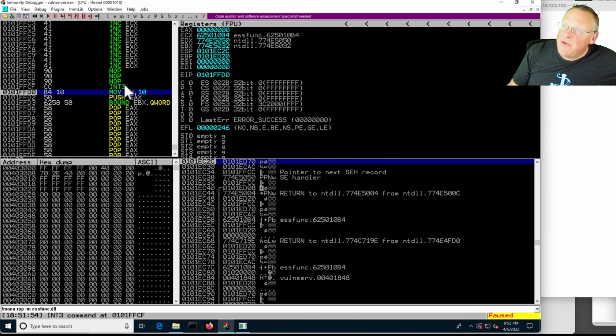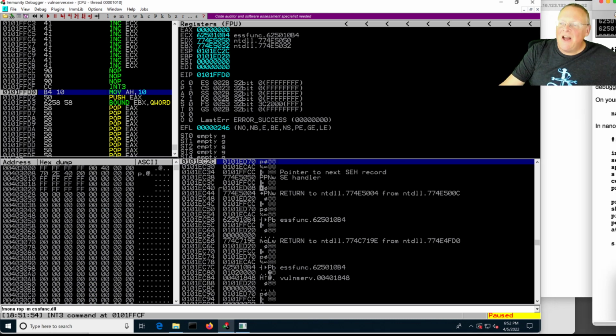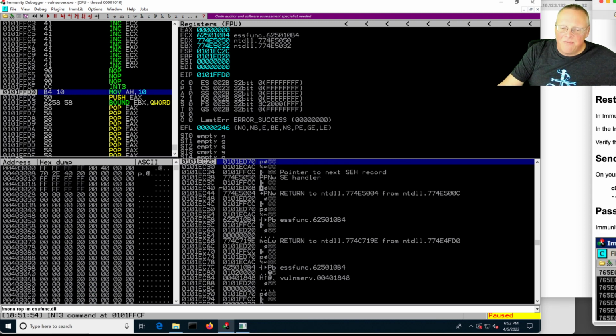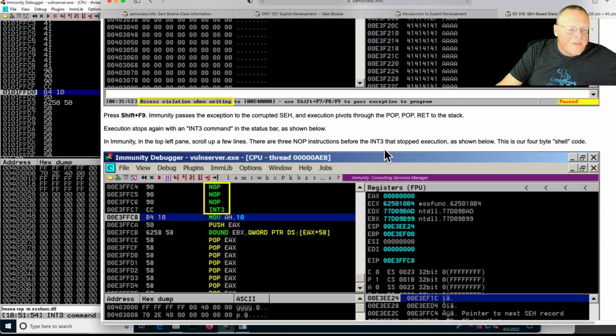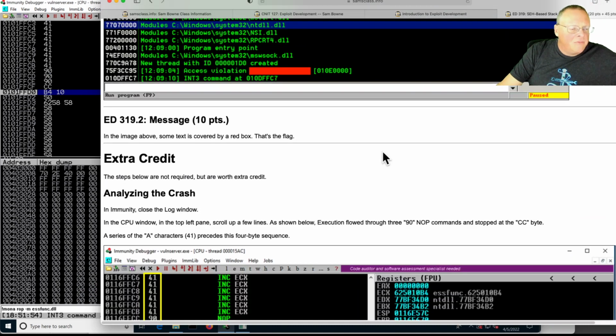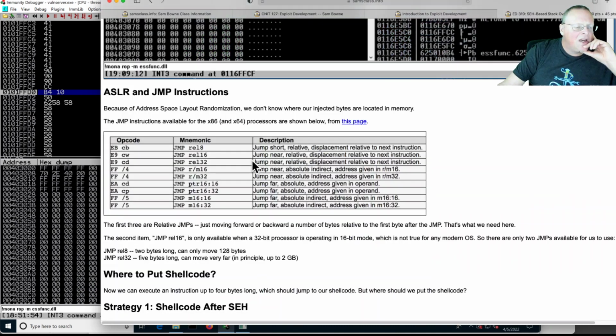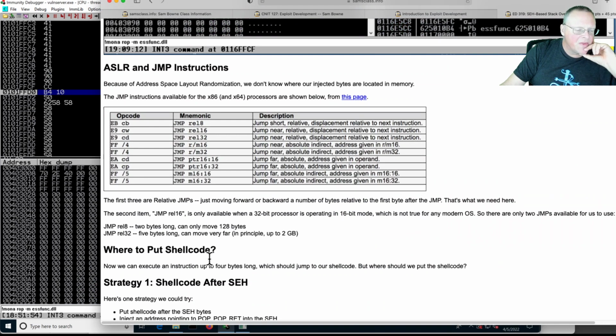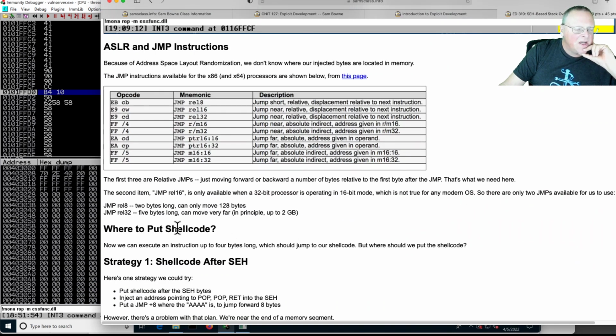So I am able to control the address, I'm able to bounce off the stack pivot, and I'm able to execute code I've injected. Now I'm ready to perfect my exploit, subject to the irritation that I only have 4 bytes to use, which sounds difficult, but it's not all that difficult. All right, and so what you have to do is you have to find really short instructions. And it turns out that the only thing I can do is